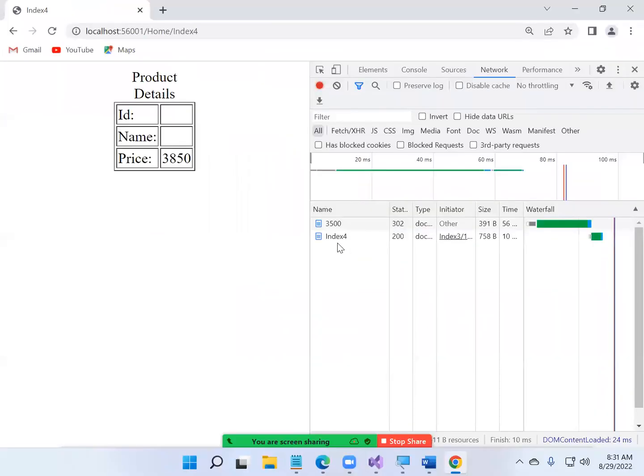First, the request went to whom? Index 1. Afterwards, it was just showing you index